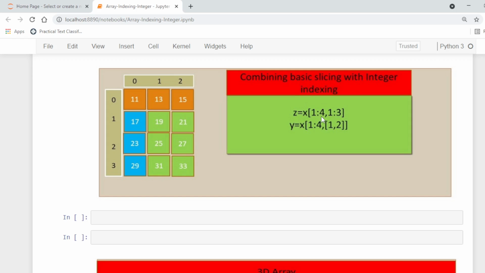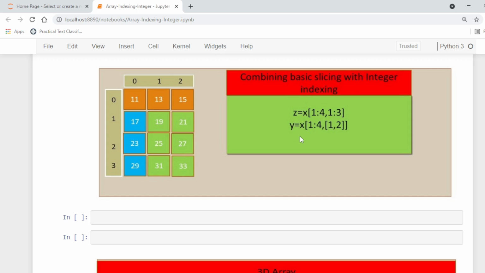It will go from 1 and up to 3, where up to 3 means the last fourth one. Similarly, we are going to select the columns from 1 to 2, the first column and second column, because the end is exclusive. So this is the slicing in the Z array.